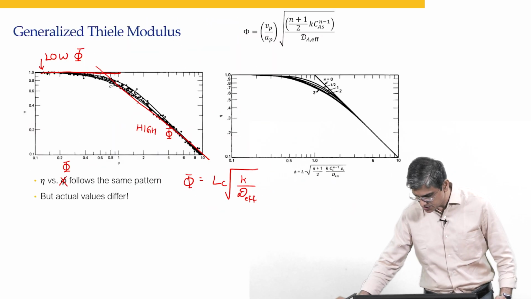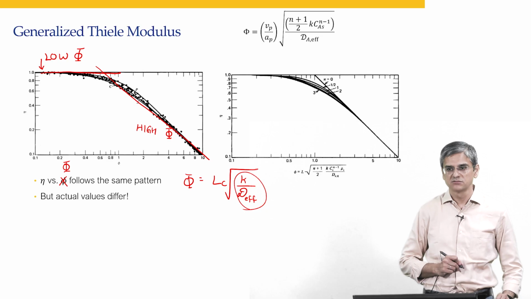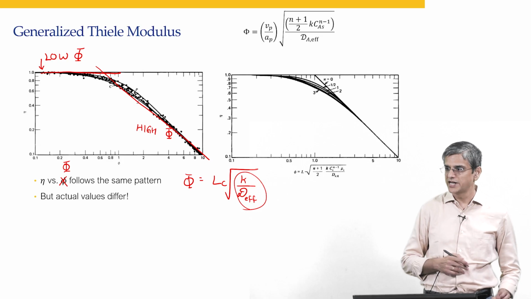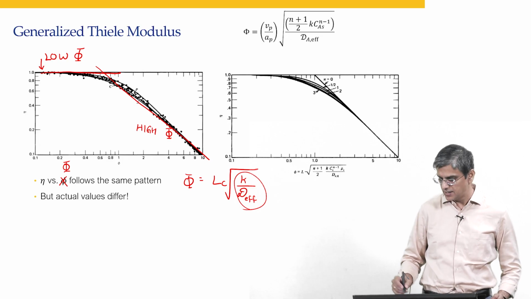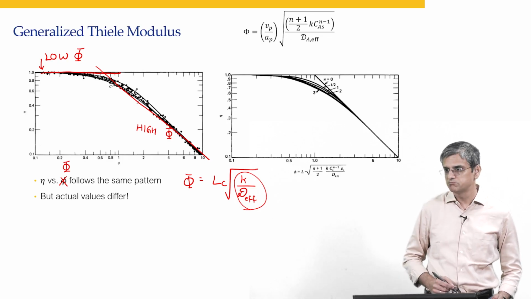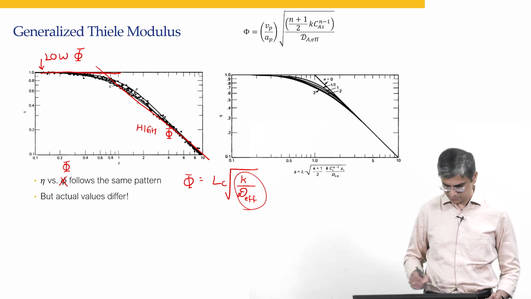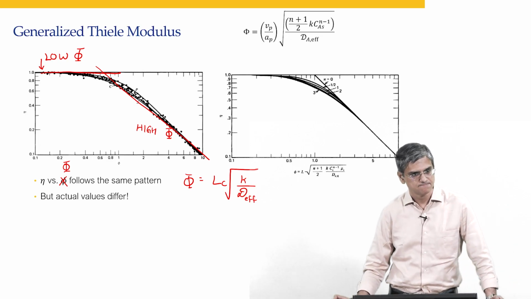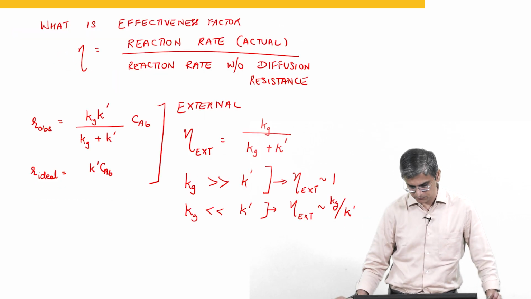Kg by K dash, if you think about it, it is somewhat related to this. D by L was Sherwood number, right? K was the rate constant. So, you can think of K multiplied by L as some kind of K dash, D divided by L as some kind of Kg, okay? And therefore, you get a slope which is -1. Okay? They are equivalent. Okay? So, for internal diffusion,